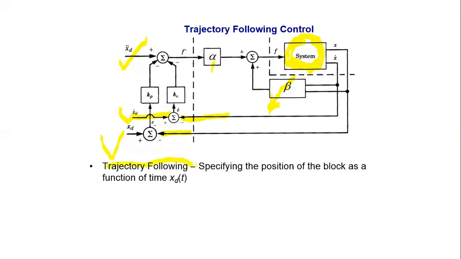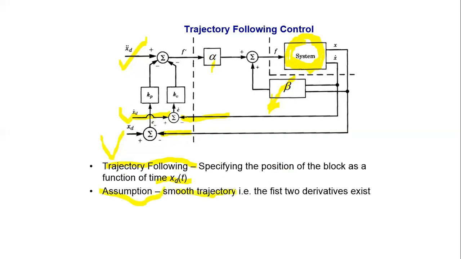So in trajectory following control, we specify the prescribed trajectory. Here it is important to assume that a smooth trajectory is assigned. Whatever trajectory xd you are applying should be a smooth trajectory. That means at least it should be a cubic. If you are taking a cubic, then its first two derivatives will exist. So either you can take a cubic expression of trajectory, or the trajectory should be a higher order polynomial.